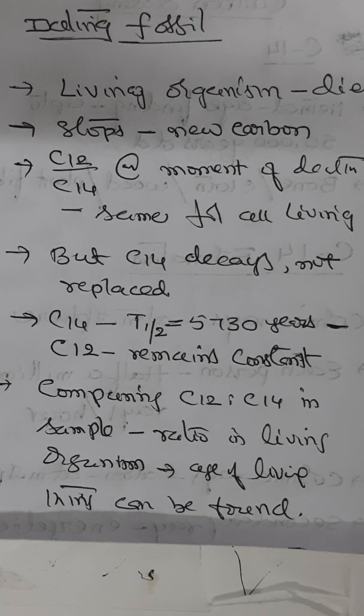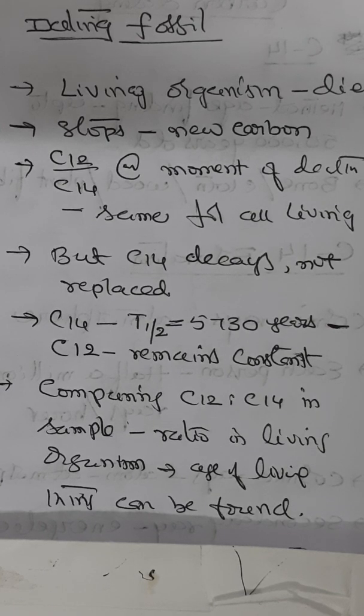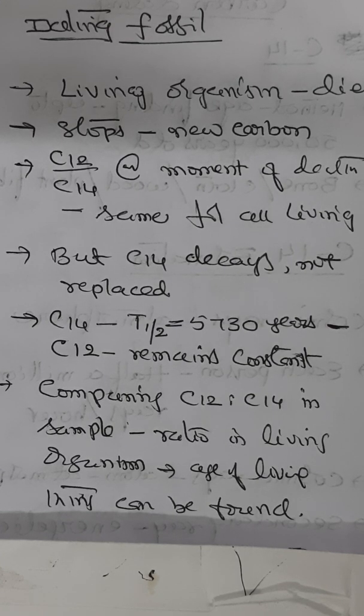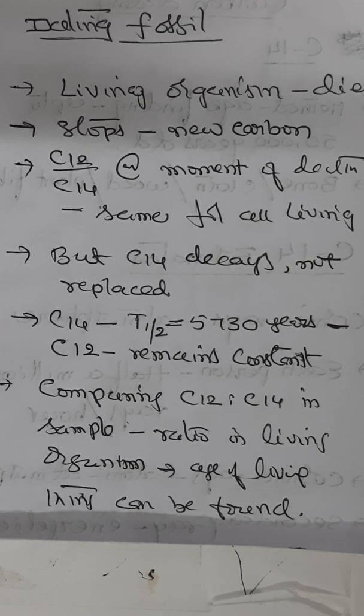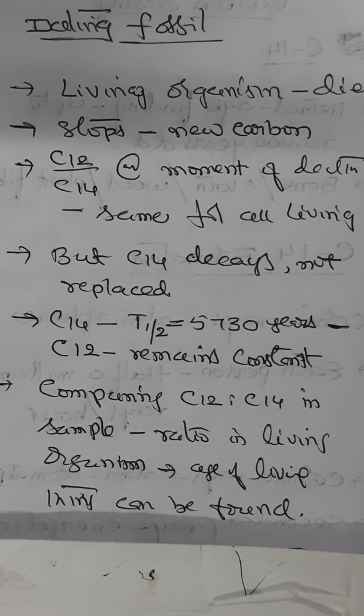Maybe 1 in a trillion carbon atoms is carbon 14. The carbon 14 atoms are always decaying, but they are being replaced by new carbon 14 atoms at a constant rate. At this moment, our body has a certain percentage of carbon 14 atoms in it, and all living things, plants and animals, have the same percentage.